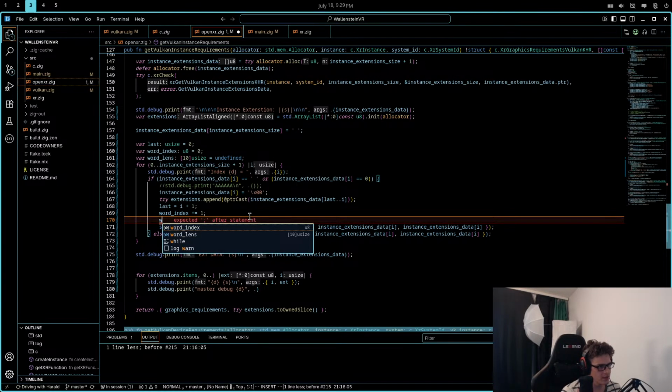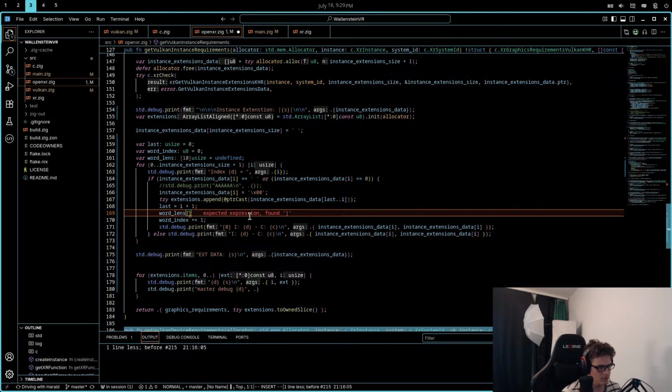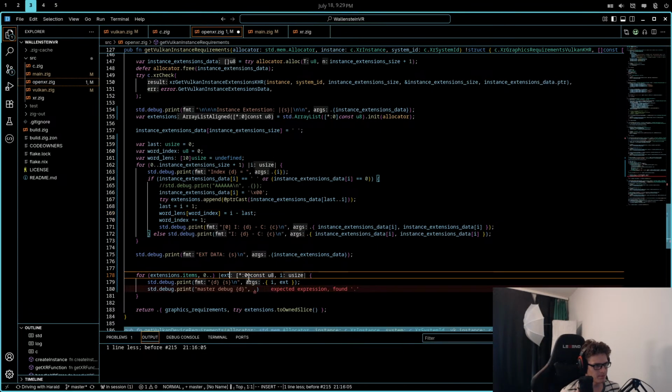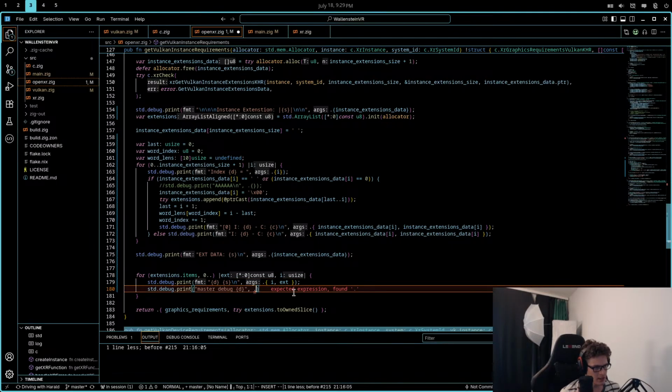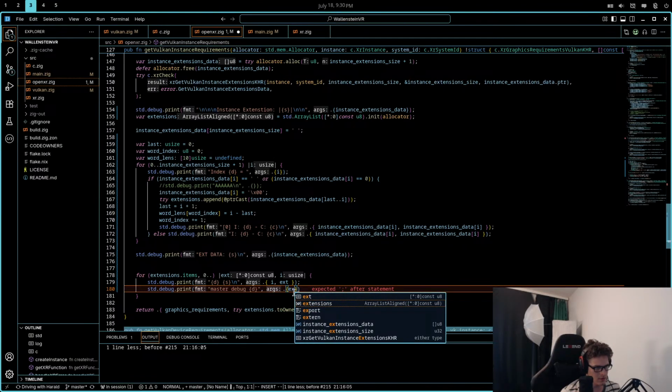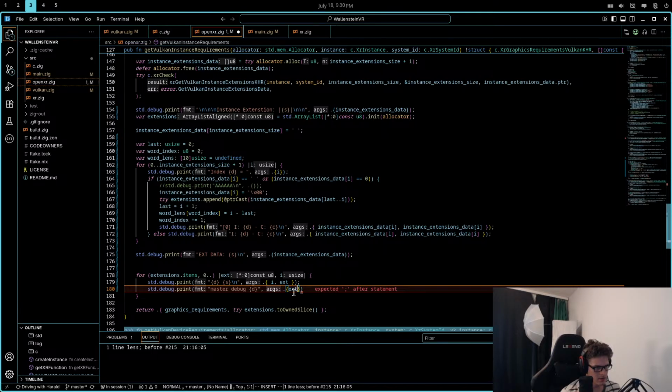So word len, word index is equal to now the length of the word, which will be I minus last. And then this one would be extensions, or it actually would just be XD. And then I should be able to access the